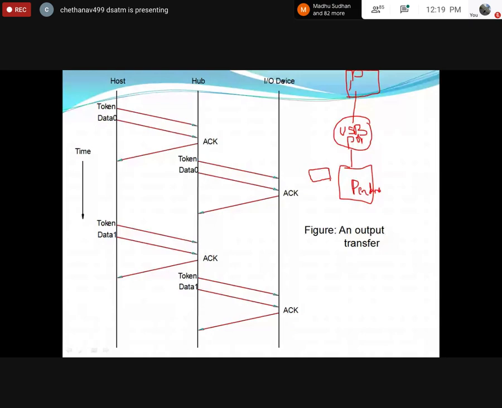Please understand this. I'm going to create the packets. Assume here I will be sending the packets. See, these are the packets. I think you're able to see these packets, right? Your data looks like a number of packets. These packets of data will be sent via the USB port. The very important thing which I want to explain to you is these data packets. A data packet is not just one piece. It consists of two parts: one is token, one is data.